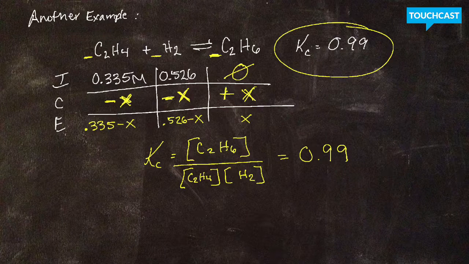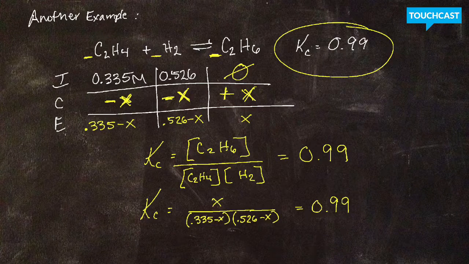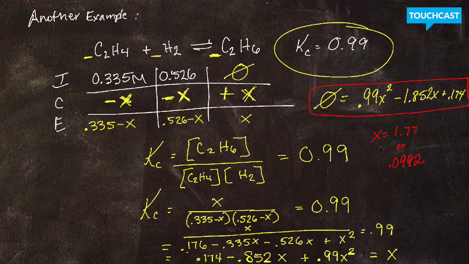So we can start putting in some values. All right, let's start reducing. I'm going to get that stuff on the bottom kind of reduced and push it over to one side. X is 1.77 or 0.0992. So let's look back at the ICE table and see which one makes more sense. So coming back to my equilibrium calculations here, would it make sense if X was 1.77